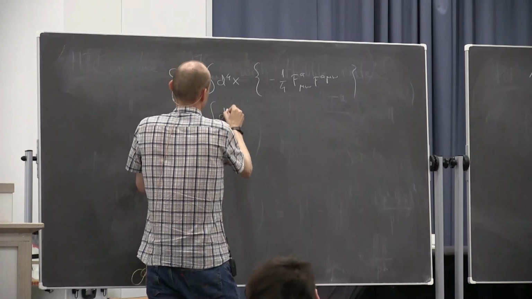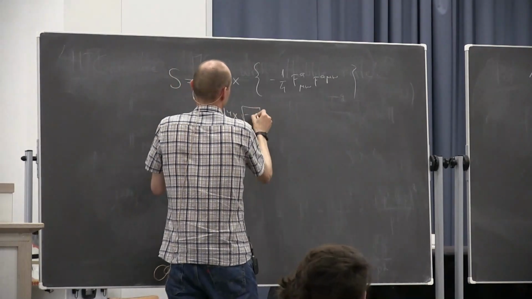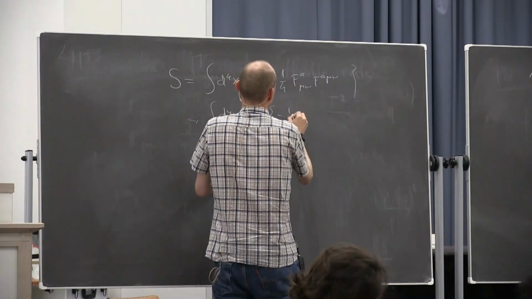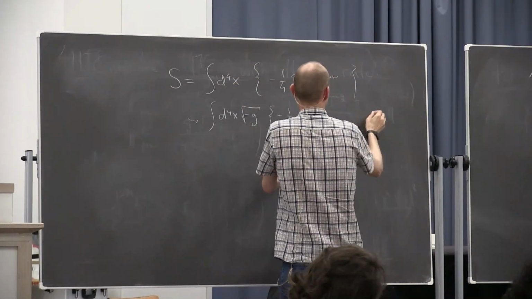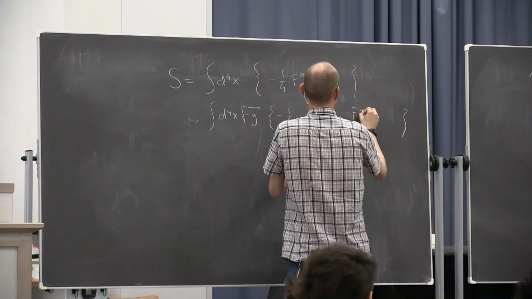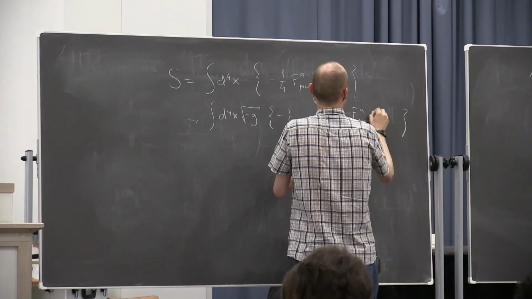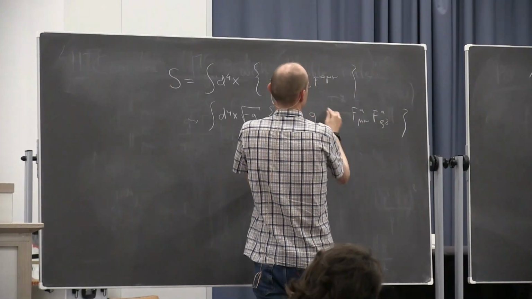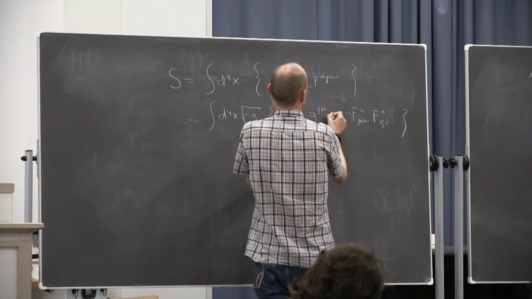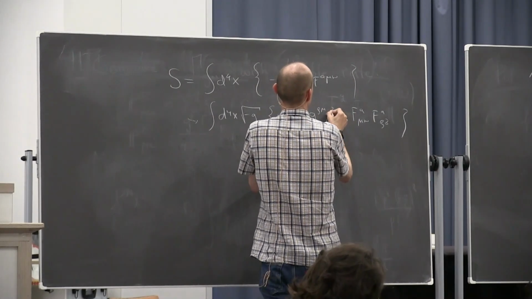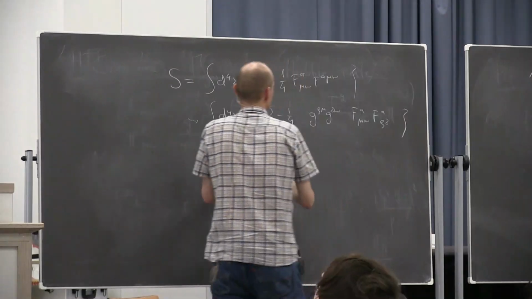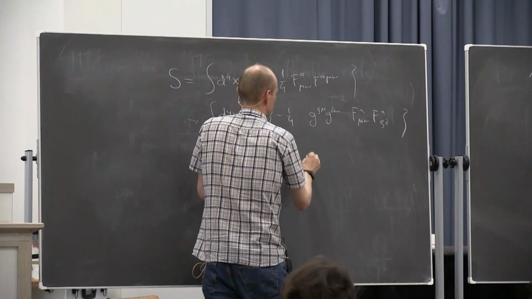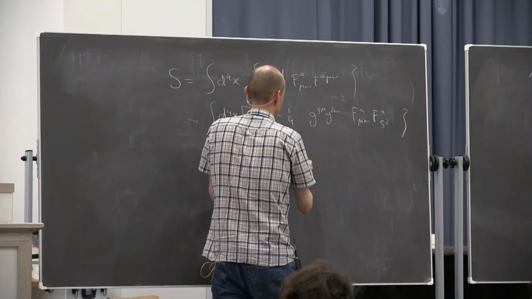So there is d^4x, then the determinant of the metric, and then also metrics here. Depending on where I put F^a_{μν} F^a_{ρσ}, I would have to have the metric g^{ρμ} g^{σν}. So I have metric here, metric there, and first we write the metric as